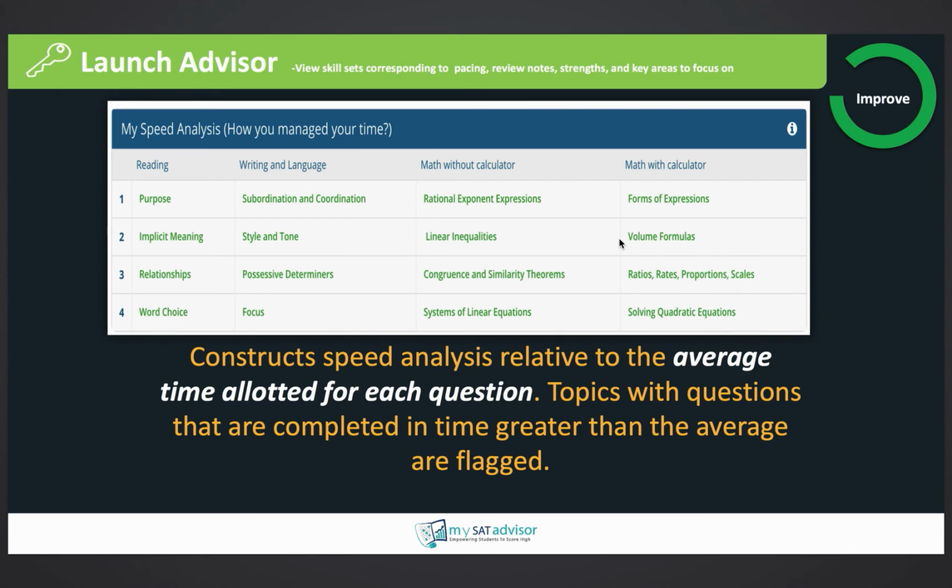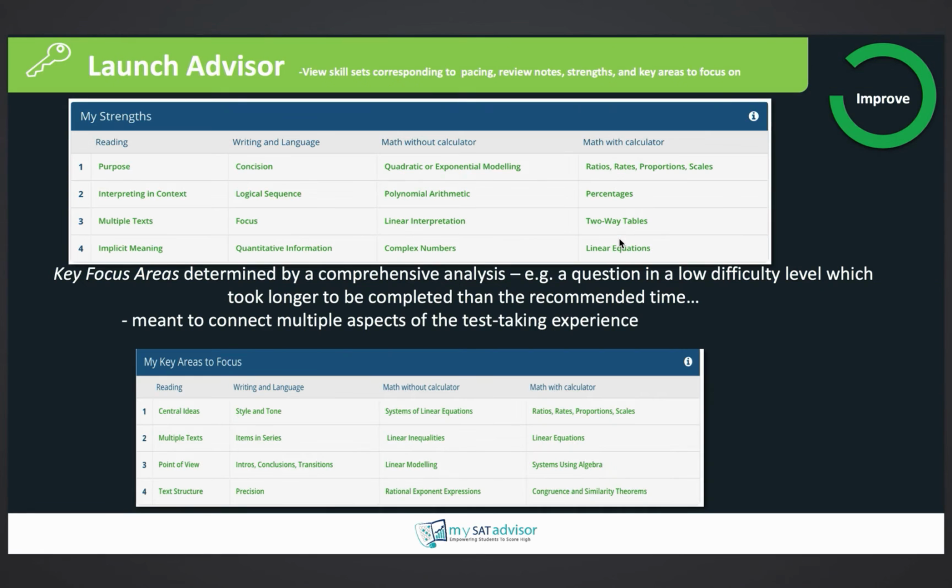Again, a testament to the fact that we really want students to improve their timeliness. So if you get all questions correct in a particular area, but you take consistently longer than average on all those questions, the software will point that out and say, it's not enough that you're getting the questions right. You need to get them within time as well.